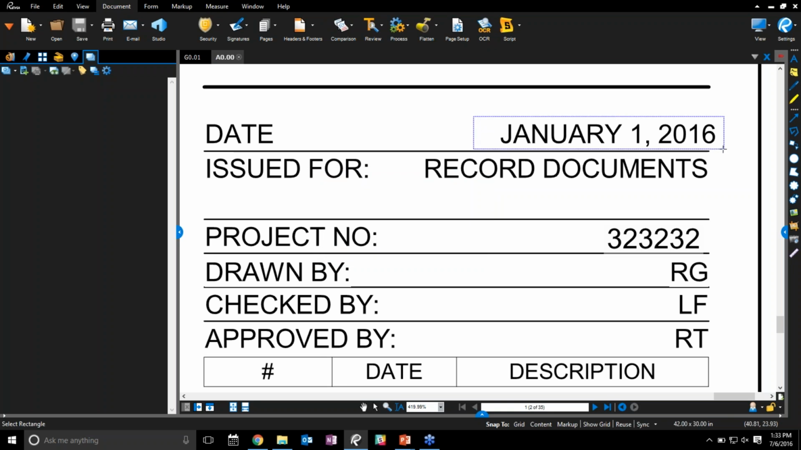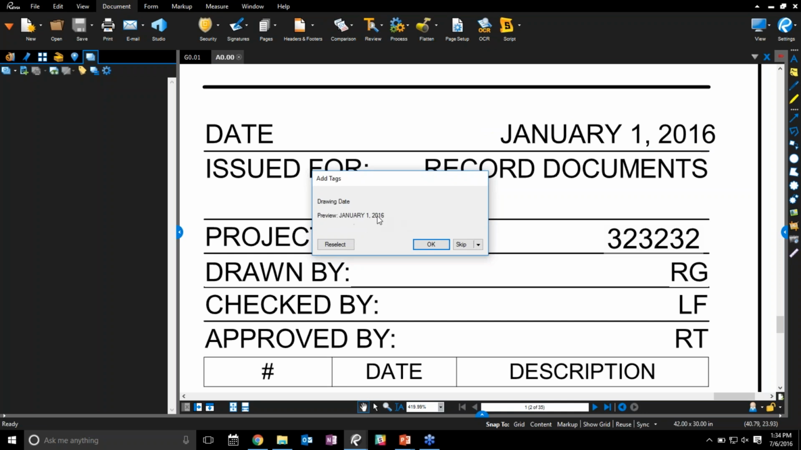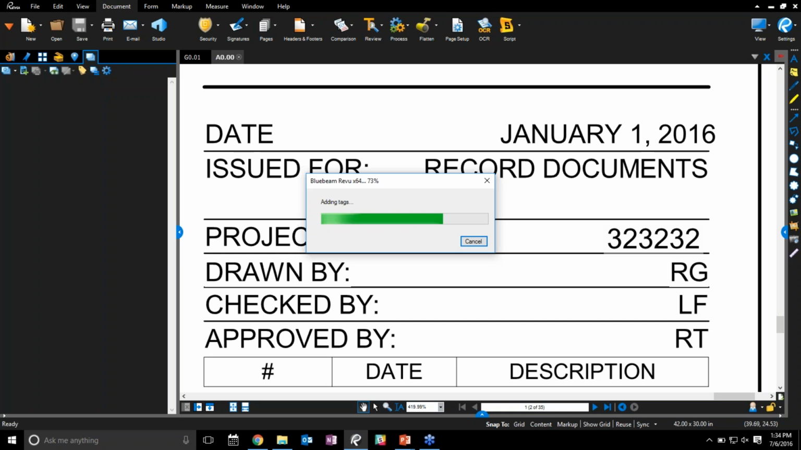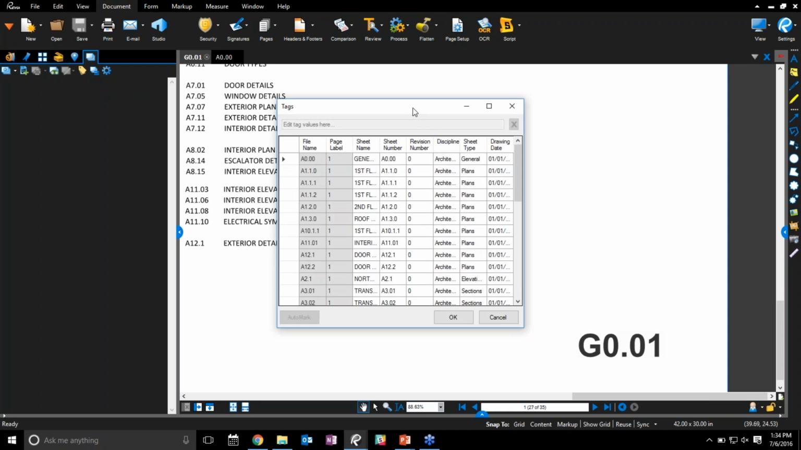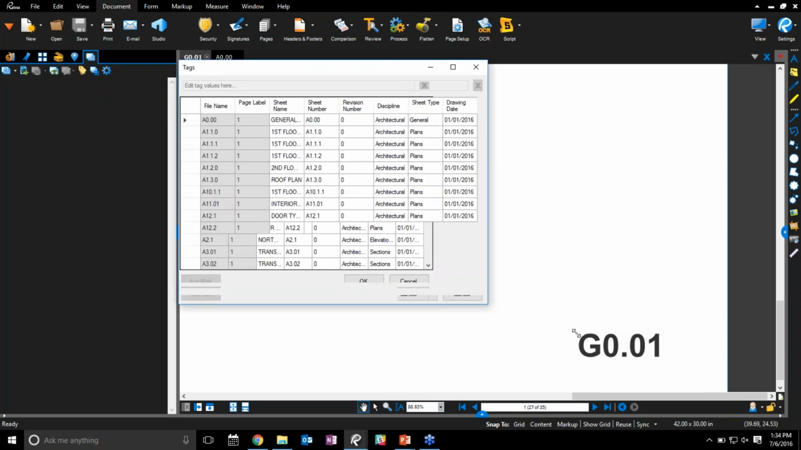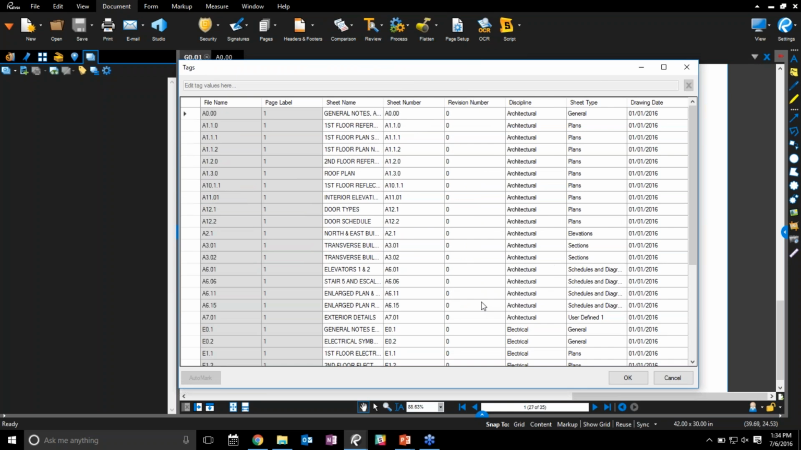But basically, I now have to go back. It'll prevent me from getting wrong information, but I'm just going to provide it January 1st, 2016. Go ahead, click OK. It will add these tags. And again, it's going to hang up on the title sheet, which I'm going to skip as well. When I press skip on the last sheet, it will basically signify that it's done by providing me this table